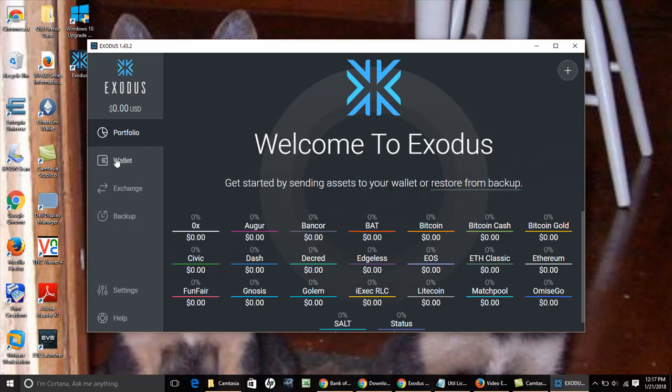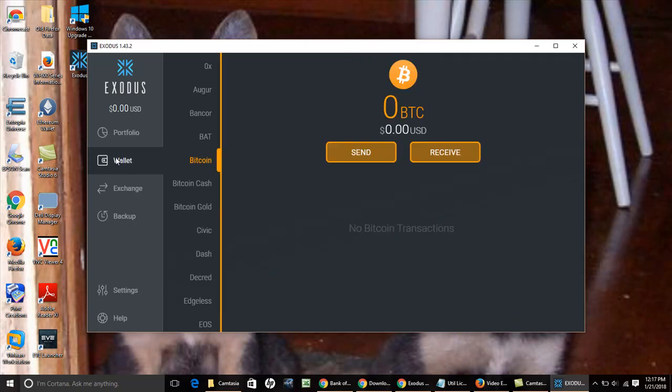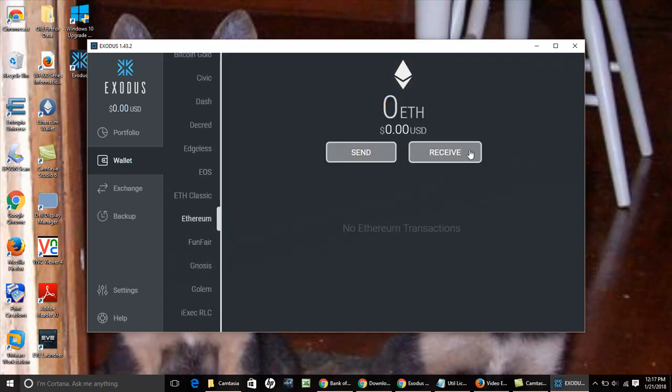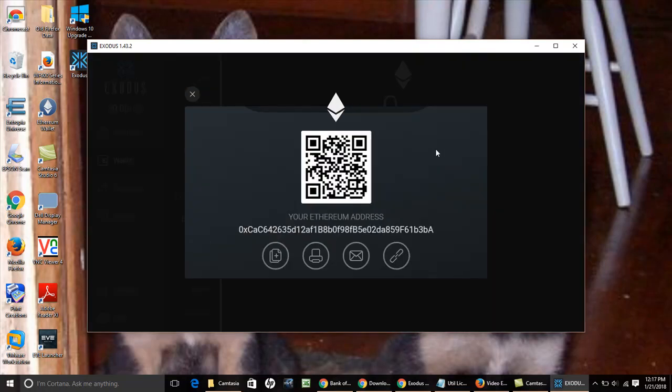What I want to do is click on Wallet, and from Wallet, I want to select Ethereum. Now I want to select the Receive button right here. Now, this is really important. This is your receive address for Ethereum. Either you can send this to yourself, or a friend can send you coins to this address. So I'm going to go ahead and pause the video at this time,